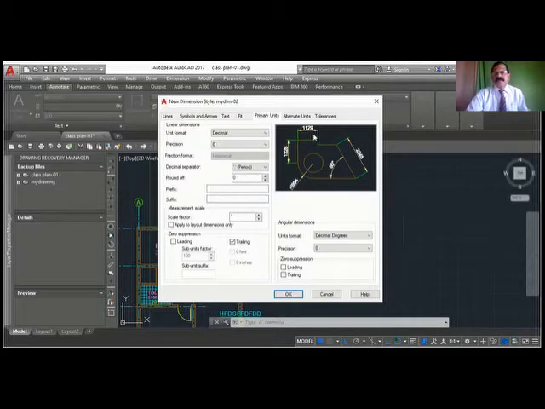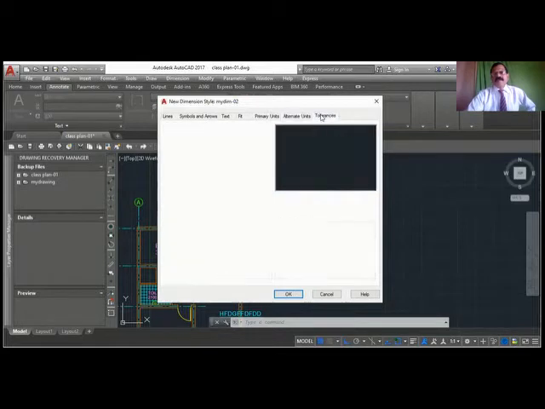Okay, so this will not affect the units which you give when you are starting a drawing. That is only for the limits and other lines, but for dimensions you have to set it from here. If you are using centimeters and meters, you may definitely require 2 decimals. Millimeters can have 0, so it is left to you. And see that the period is there, otherwise all the dimensions will come with a comma. Other things, don't change anything. Alternate units also, just leave these two.